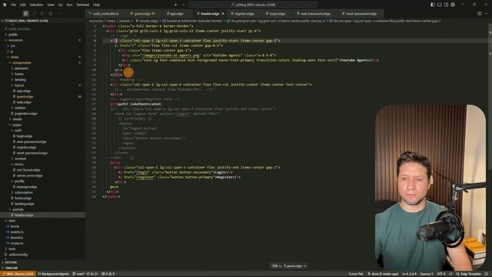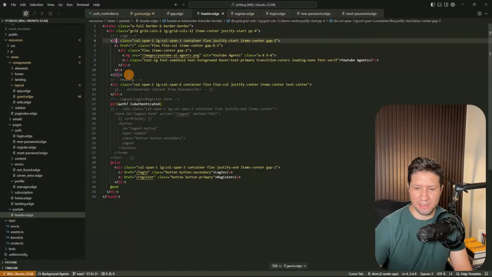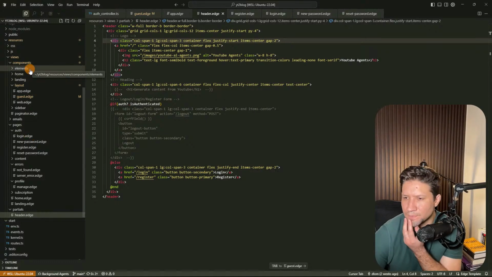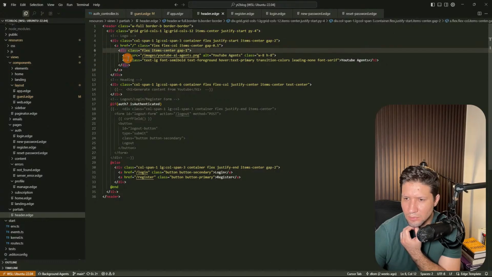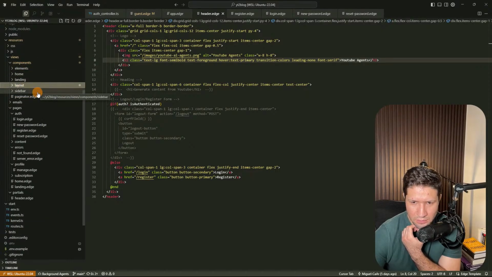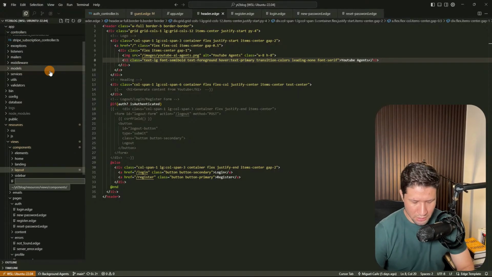Okay, so I'm going to modify this to have it as a component. So I'm going to add a component in here. Okay, so I'm going to create a component that is going to be called, so I'm going to make a new file and it's going to be called